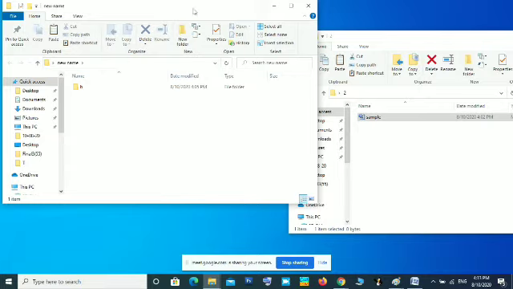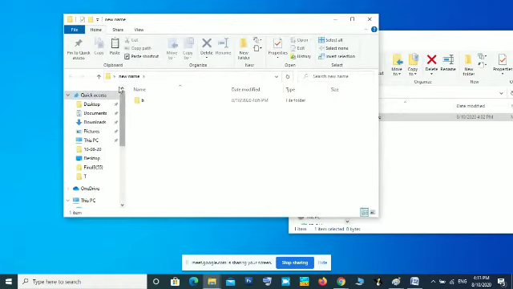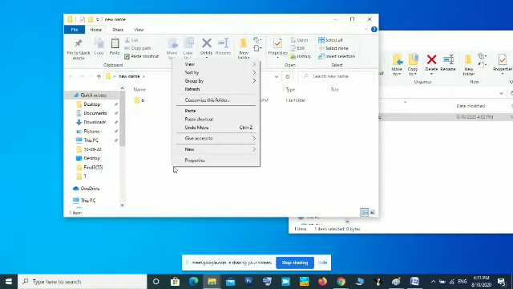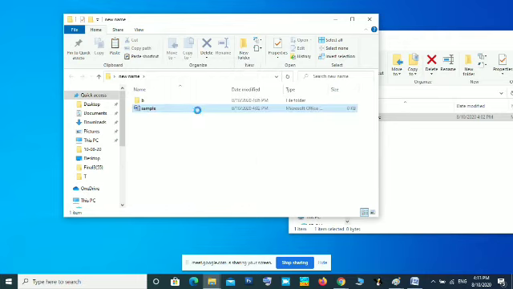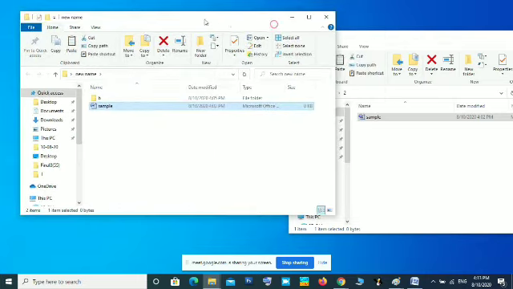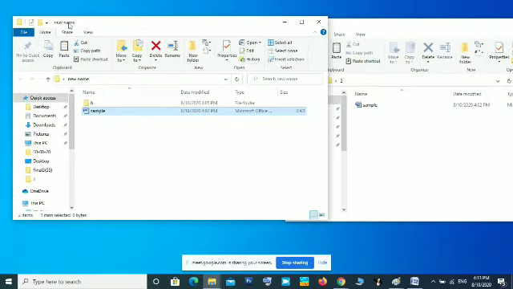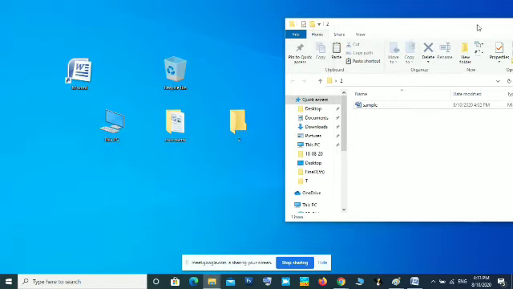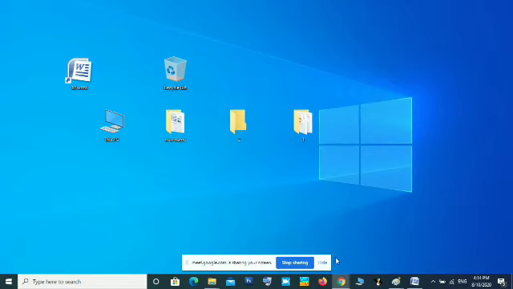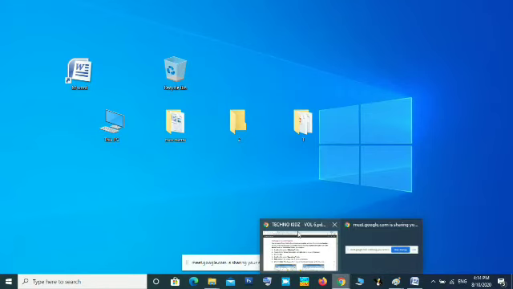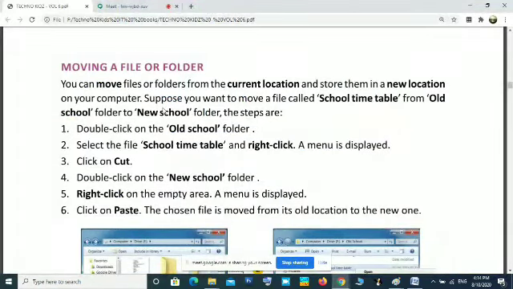Okay. And now I am opening the new folder. Then I am right clicking, then I am using paste option. Copy and paste will make a copy. Now you can see this is two folders. There is also one file named sample. Then this is another folder, new name. In this folder also one file is the sample. So that is how to do copy and paste, cut and paste. Copy paste will make a duplicate copy. Cut and paste will move. So that is mentioned here, moving a file or folder.